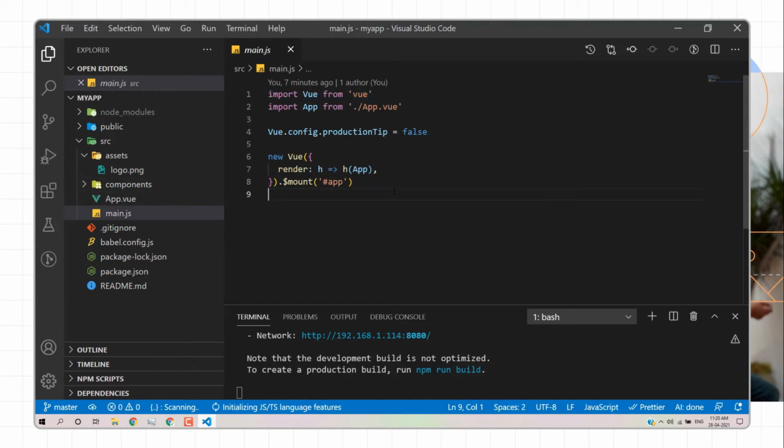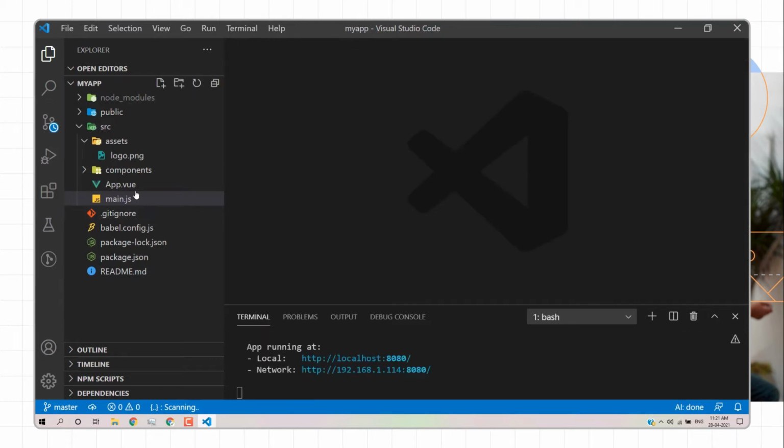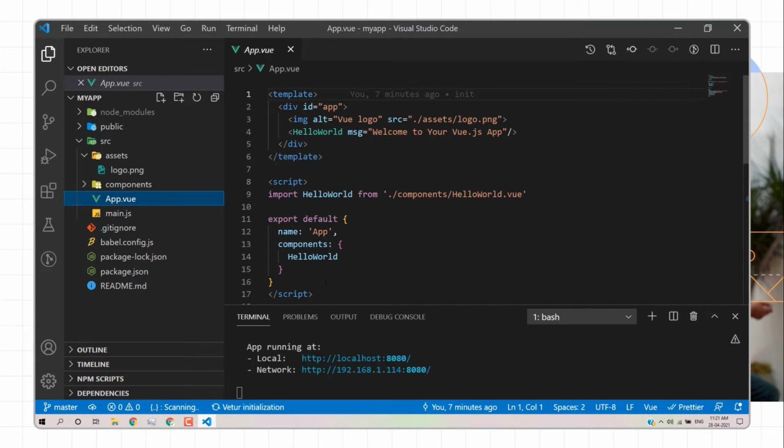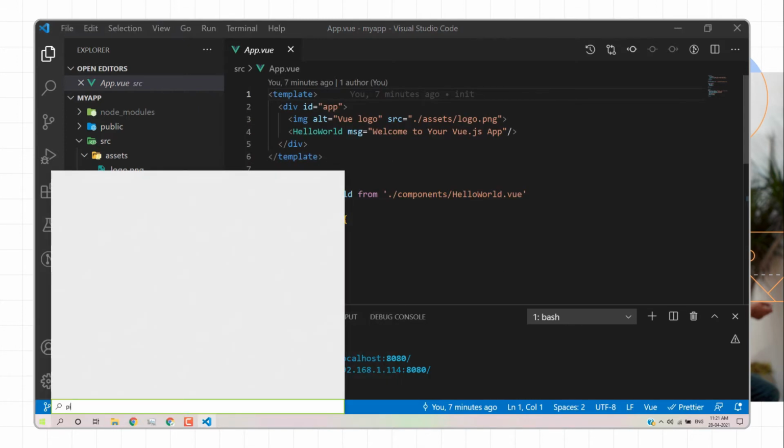And then we have the app file. Basically this is app.vue, not js. This is the main component. I will explain what a component is. A component is a specific section of your website. Let's say this is a website, and there is a lot of HTML code.